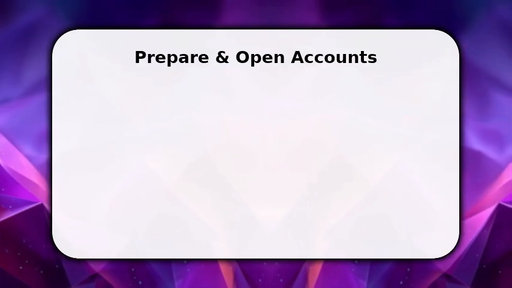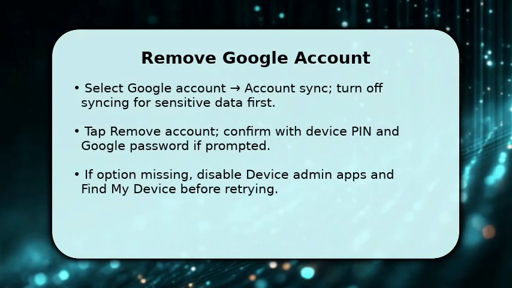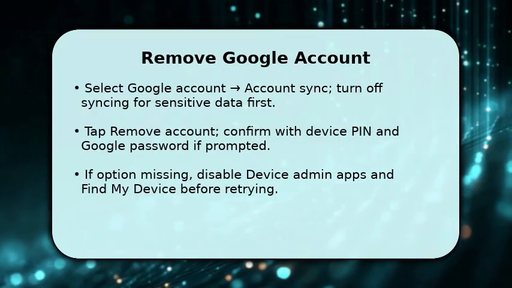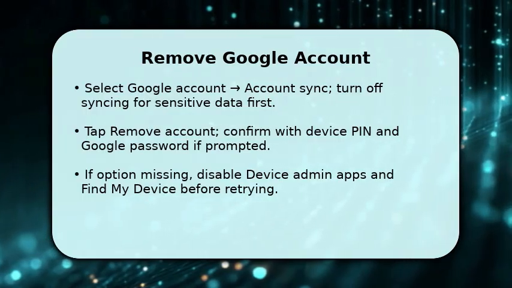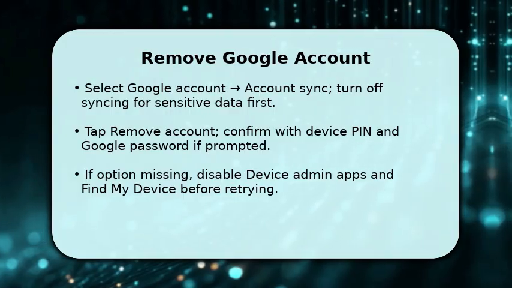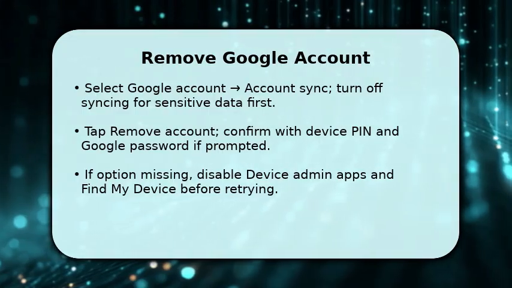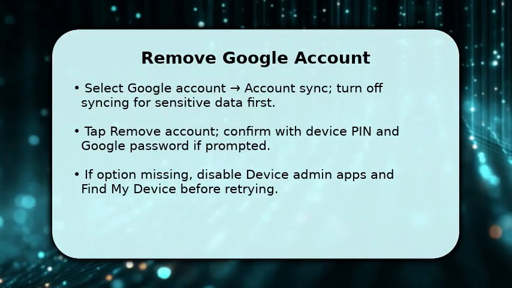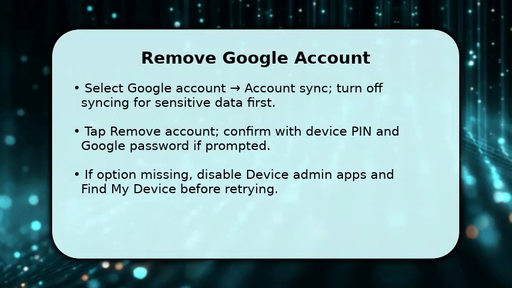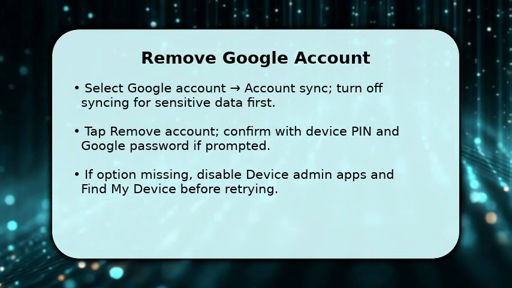Once you're inside Accounts, choose the Google account you want removed and toggle off Sync for contacts, photos, and Drive if you prefer. Then tap Remove Account and confirm using your device PIN and the Google password when prompted. This prevents accidental sign-out. If the Remove button is grayed out, go back to Settings, then Security, then